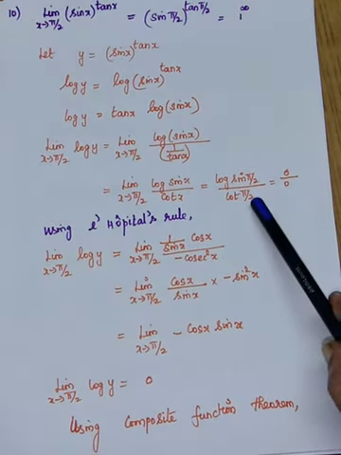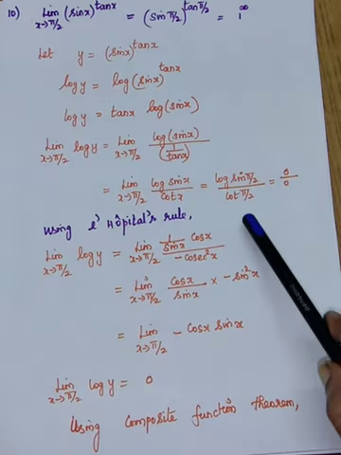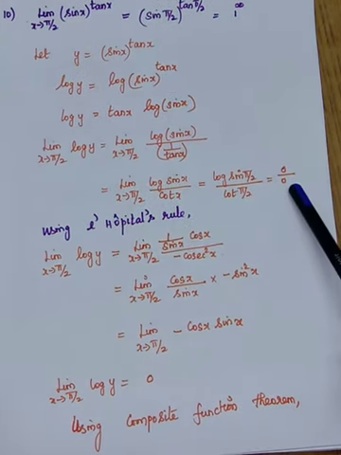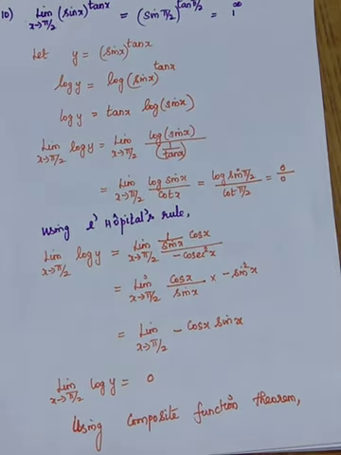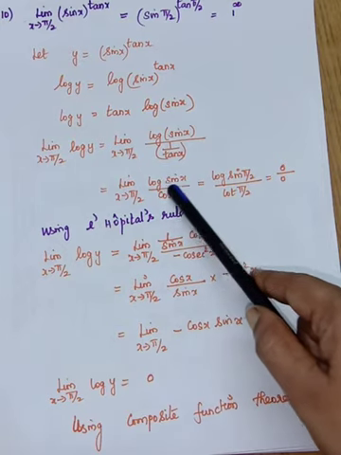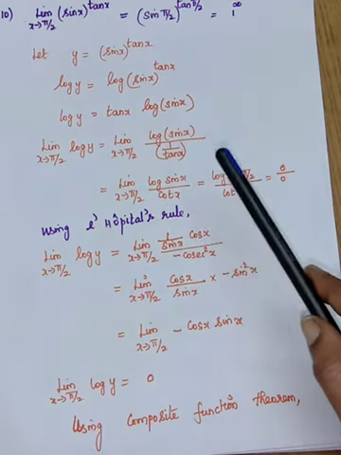What is cos pi by 2? So tan pi by 2 is infinity. So cot pi by 2 means 1 by infinity. So 1 by infinity is 0. So it is in the form of 0 by 0, indeterminate form. So you have to apply L'Hopital's rule. So you see the right hand side, you have to differentiate the log sin x separately. Again you have to use the chain rule.